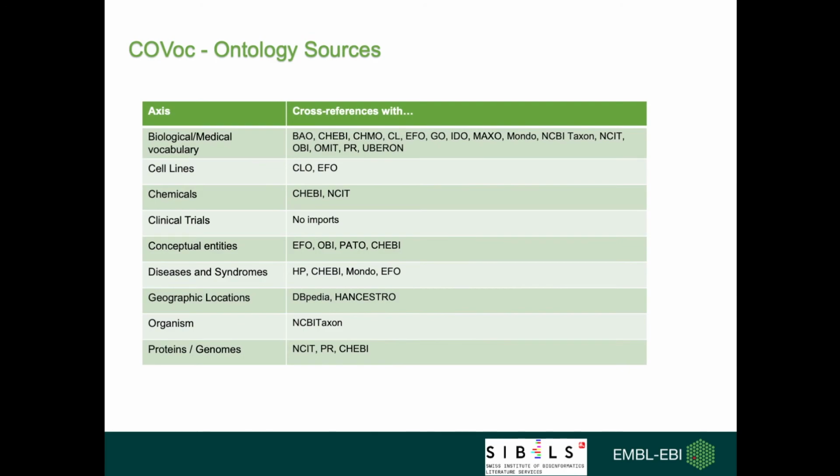The ontology sources that were cross-referenced and terms for external ontologies that were imported in all 9 axes can be seen here. It was important to reuse ontology terms from the established and expert ontologies in order to improve future interoperability and ensure we weren't reinventing the wheel. As said previously, importing from external ontologies helped to foster the ontology hierarchy by utilizing the subclass relationships already created in the domain ontologies.